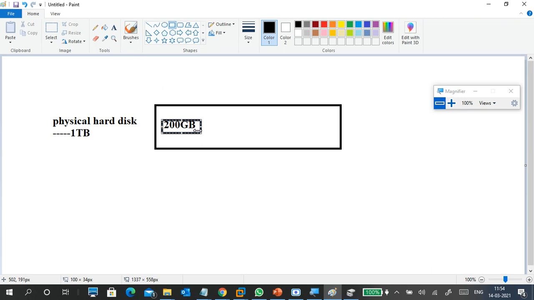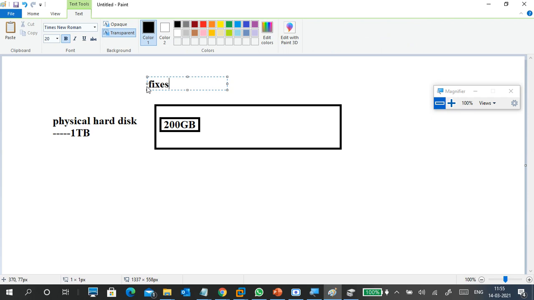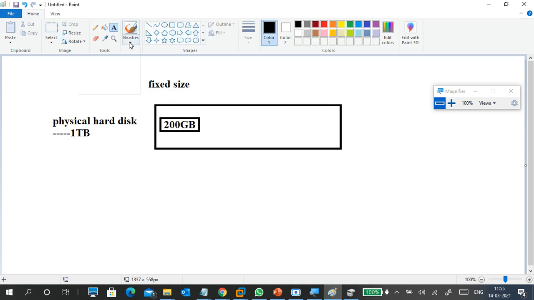Where will it store? Anything stores in a disk only, right? Your cloud is nothing but a hard disk. Somewhere it is a hard disk. For us it may not look like a hard disk, but it actually stores somewhere on a hard disk only. Whatever the type of hard disk it is, normal or SCSI, it stores somewhere. So same thing: a virtual hard disk also stores in your physical machine only. And I created a 200 GB fixed size hard disk, VHD or VHDX, so don't worry about that one.